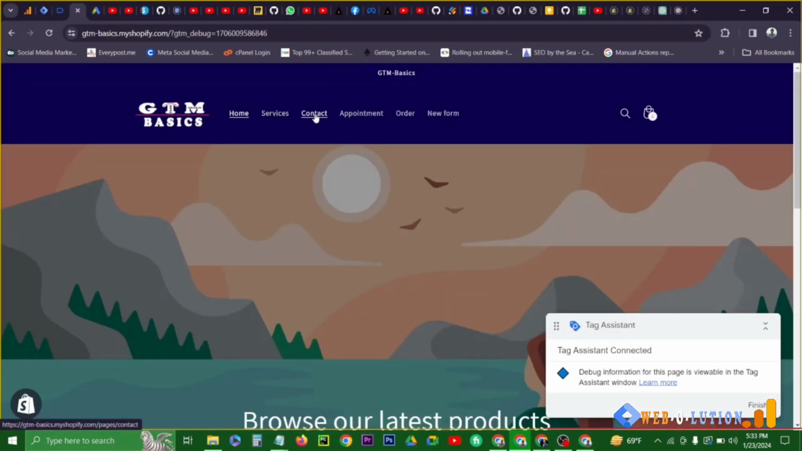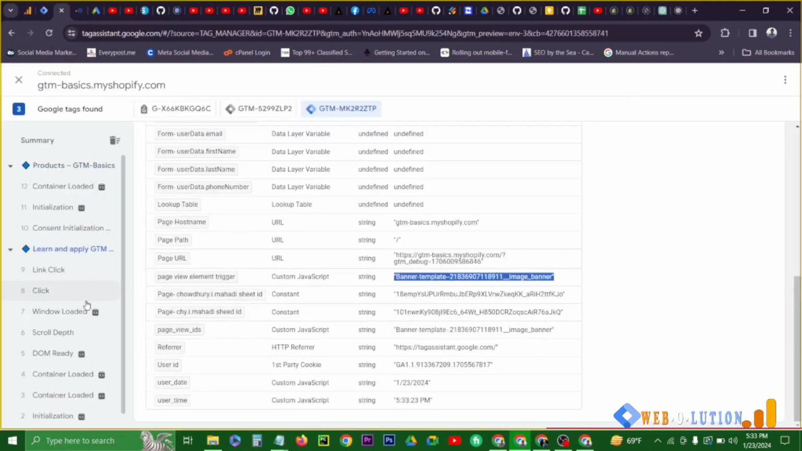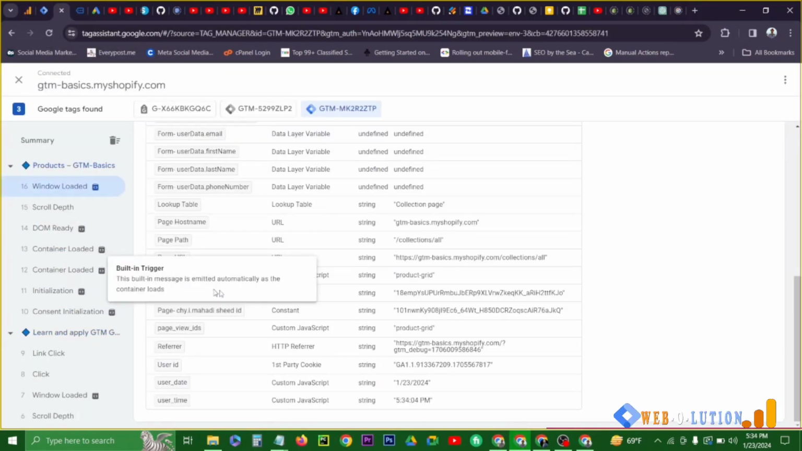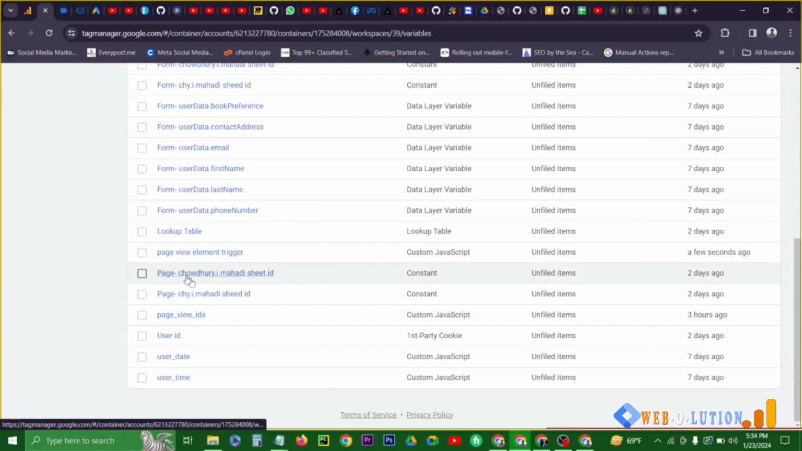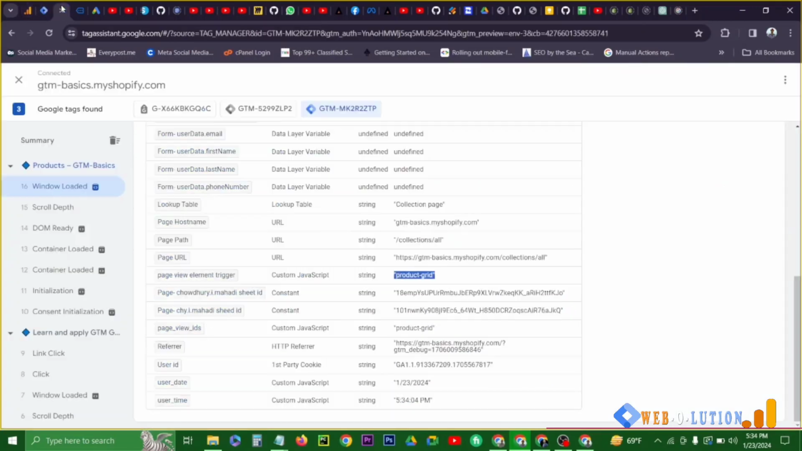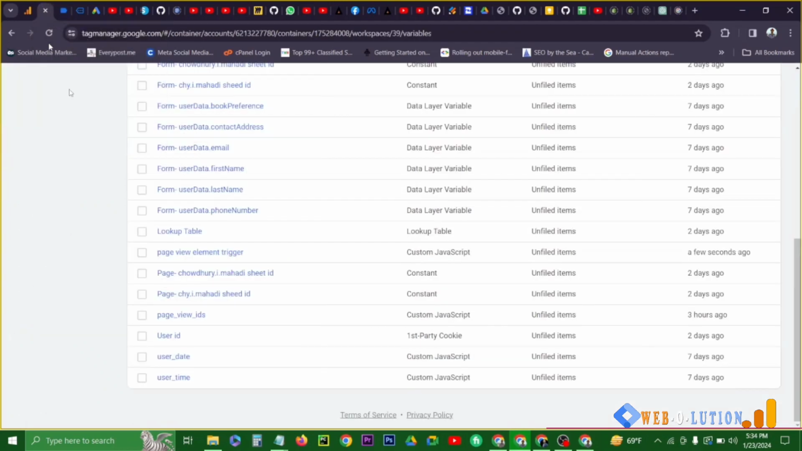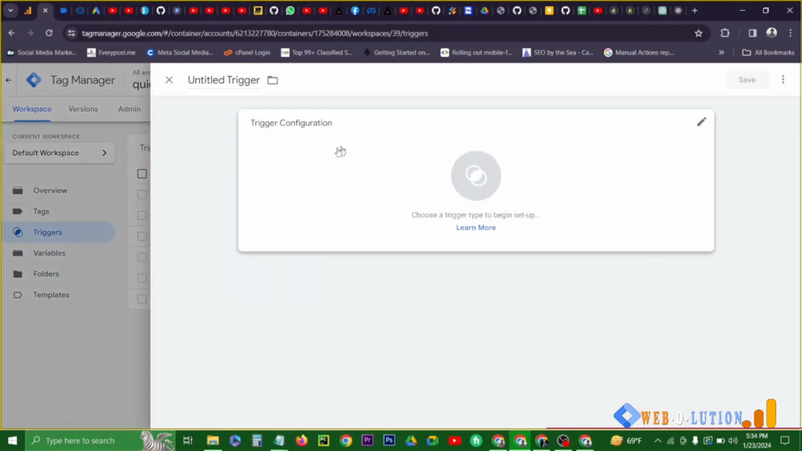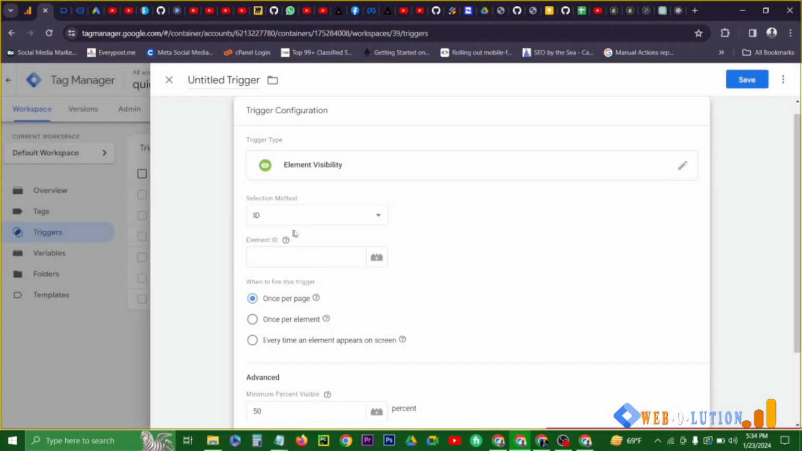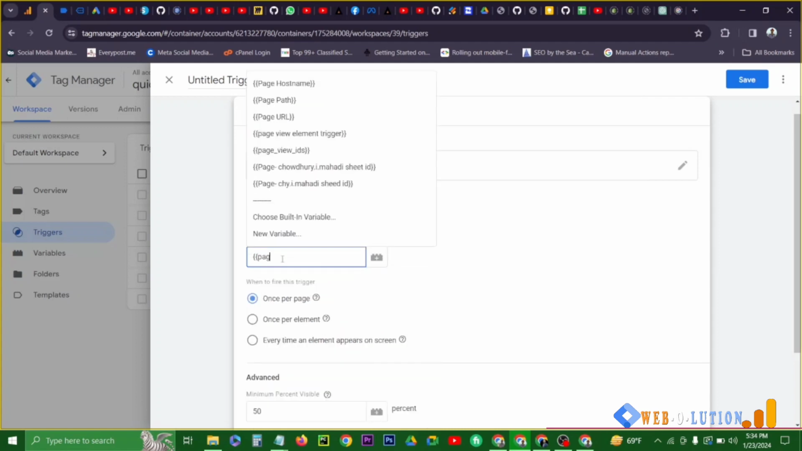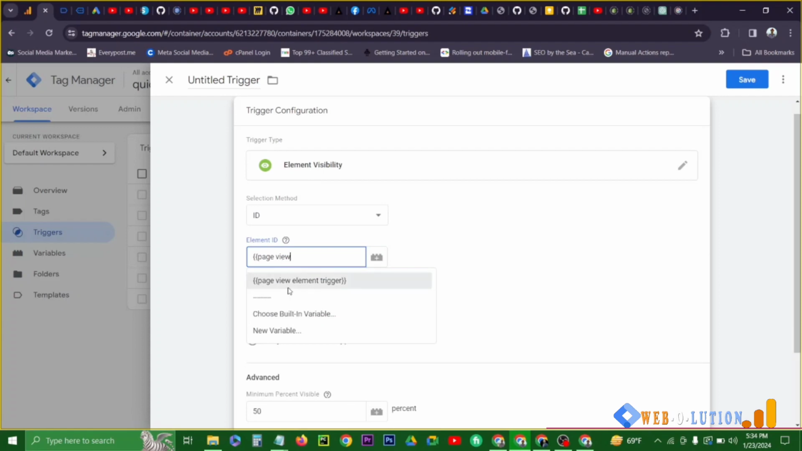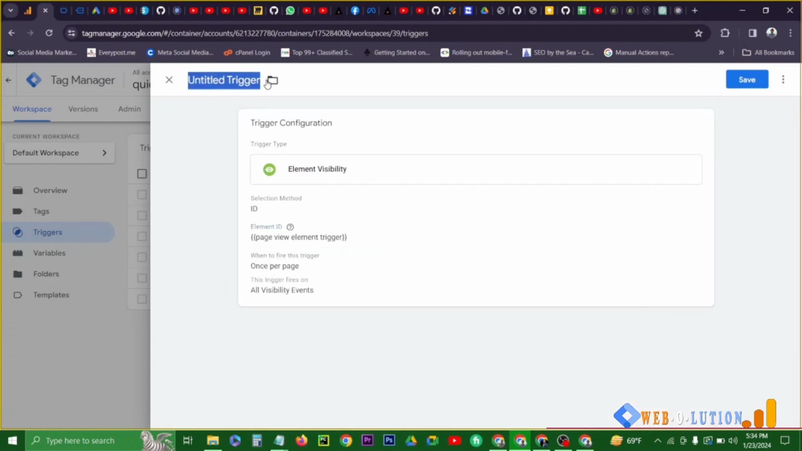Let us go to another page, for example, the service page. Window has loaded. Let's go to our window loaded, and we can see that page view element trigger is returning the product grid, which is the page view element trigger, this one. So we're getting the trigger IDs for the trigger condition. Now let's create a trigger. The trigger should be element visibility. In the ID, we will be selecting the specific ID. We will just give a variable, which is the page view element trigger, and the trigger name should be,